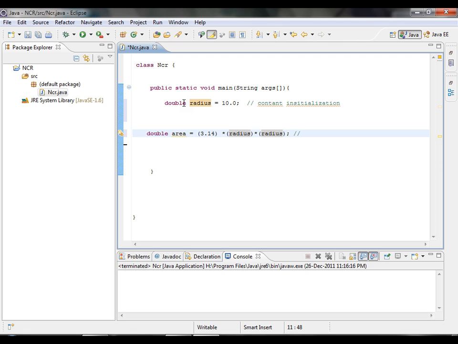That's why it is called dynamic initialization, because we are initializing a value to the variable area during the execution of the program, and at the same time declaring the variable, right? So that's all about this